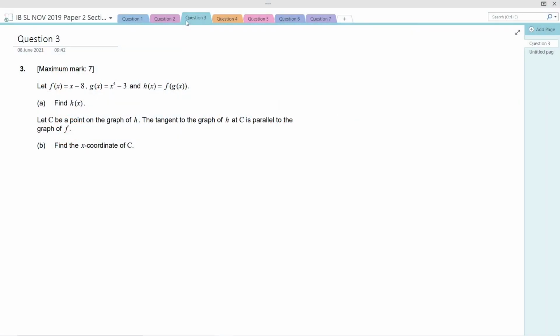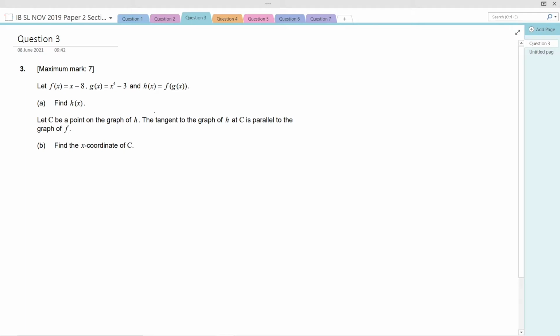See the question. First, the problem that is given here is the composite function. Okay, first problem is from the composite function. So let us solve the problem and it will be clear for you. So f(x) is equal to x minus 8.